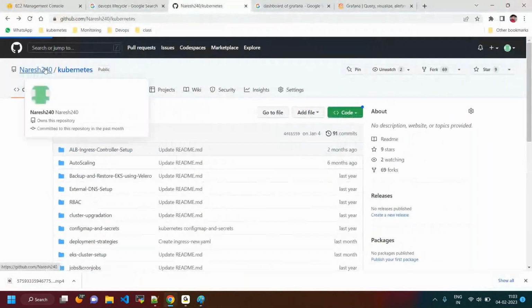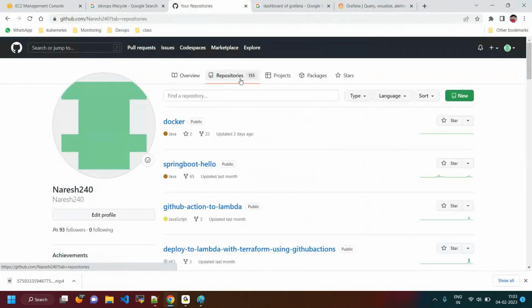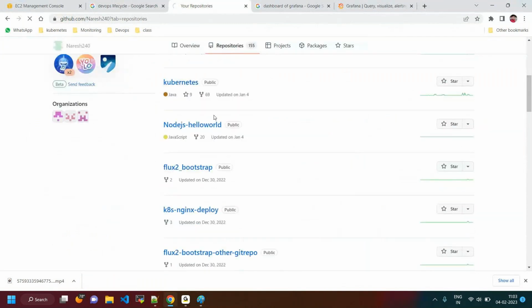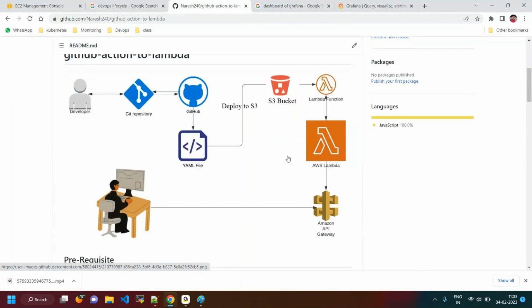Recently I have done one project. We can go to the repository section. Here you can see this is the one project you can think. This is one activity, this is the one project. Project to project it will be different. I'm giving the real-time scenarios.